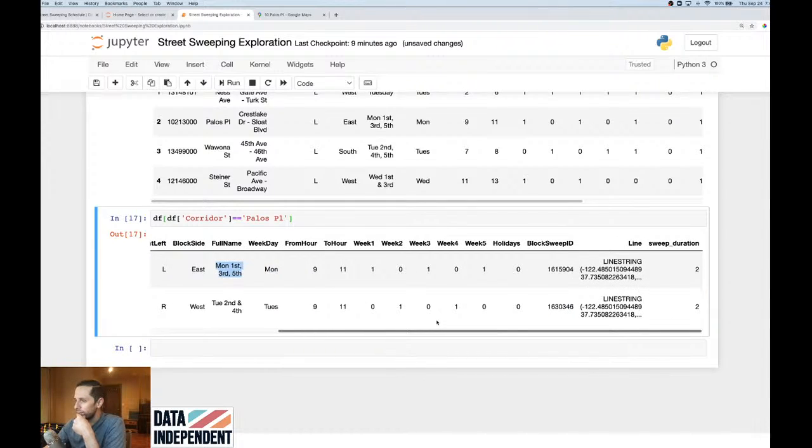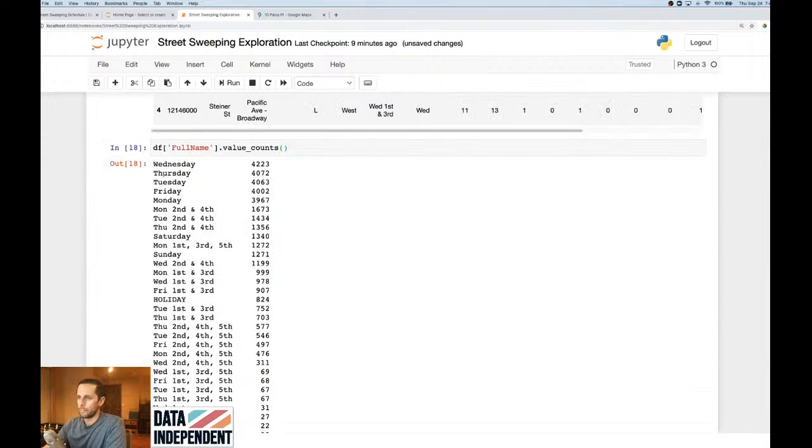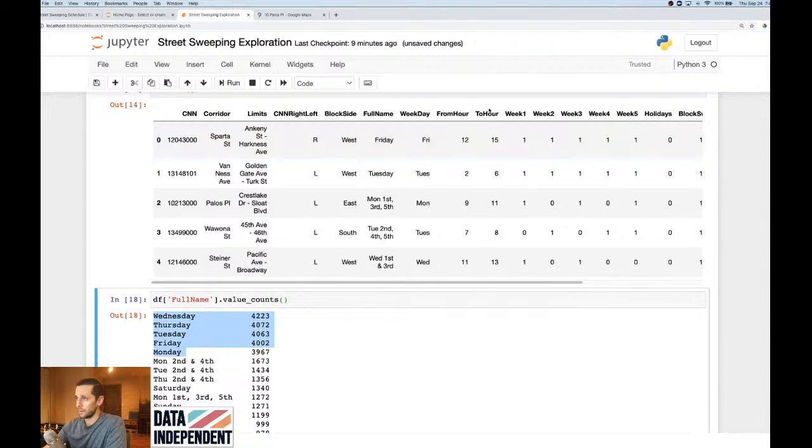And then we could see what the most common week combinations are. I'm assuming that because we did full name value counts, and you could see that it doesn't specify which week of the month it is, I'm guessing that all weeks is going to be the most popular one. But let's do this. Let's create a list, and then